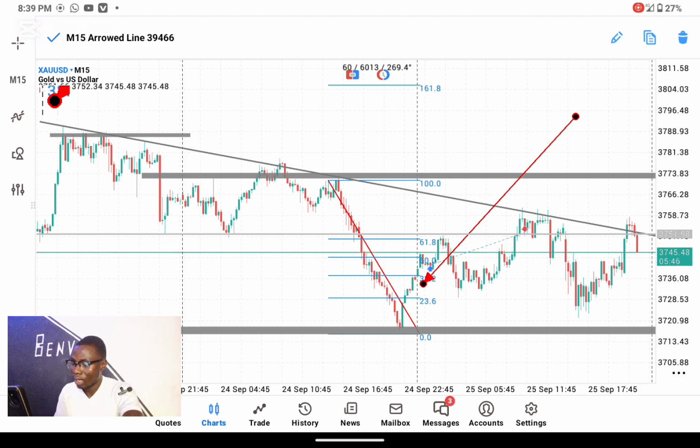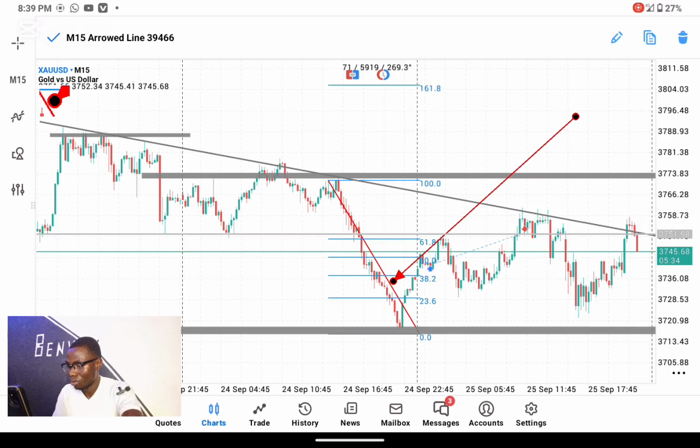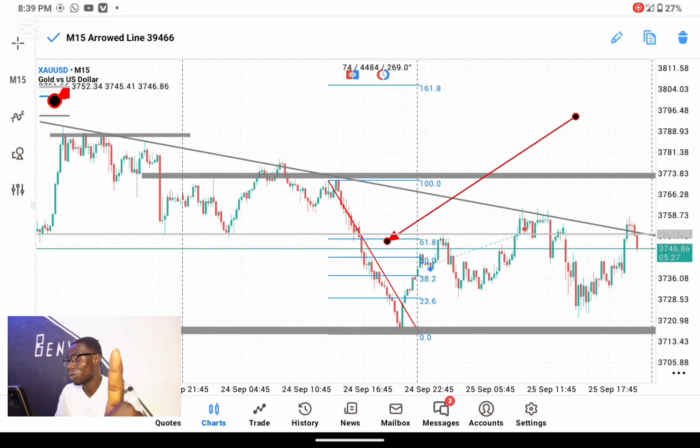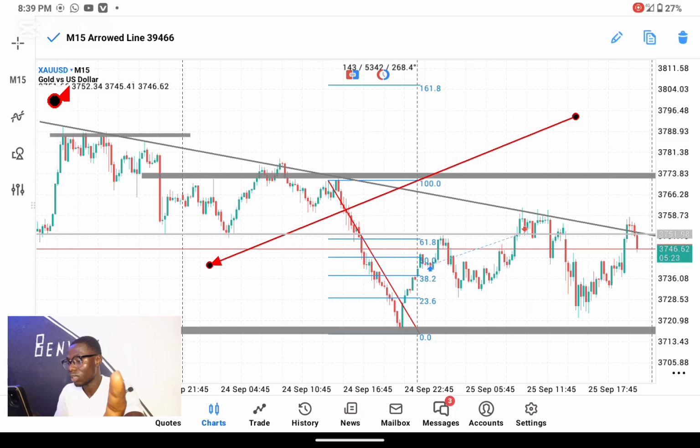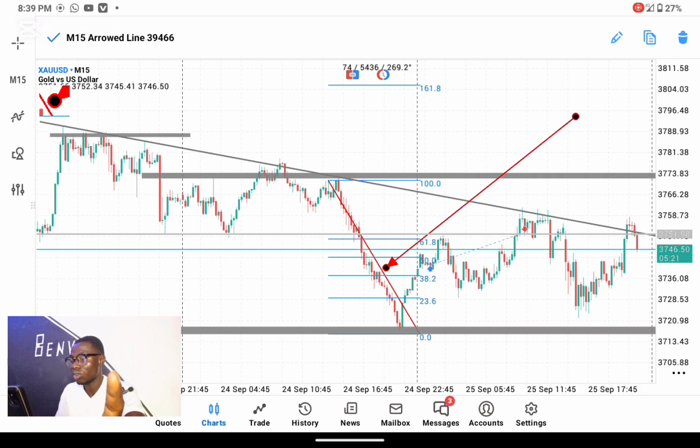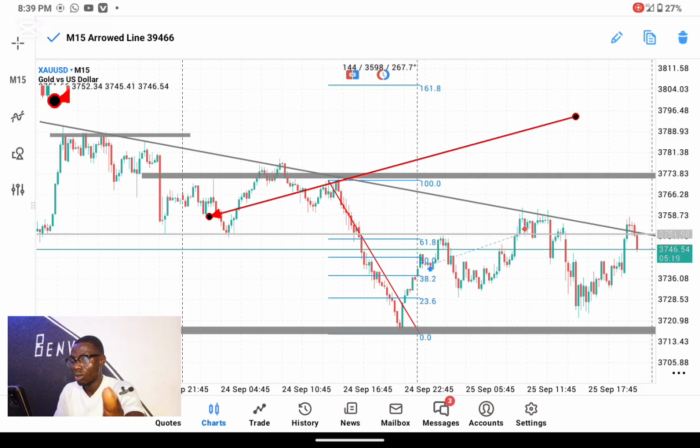I can start selling from the 38% level, then the 50% level, then the 61% level, you understand. But the reason why it's not good to start selling from the 38%, 50%, or 60% level is because there is no valid resistance area at this place. But at this place we have